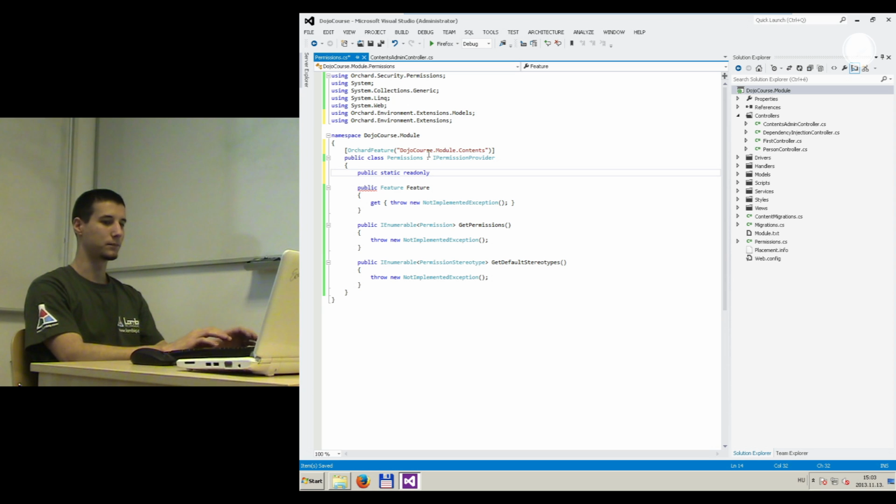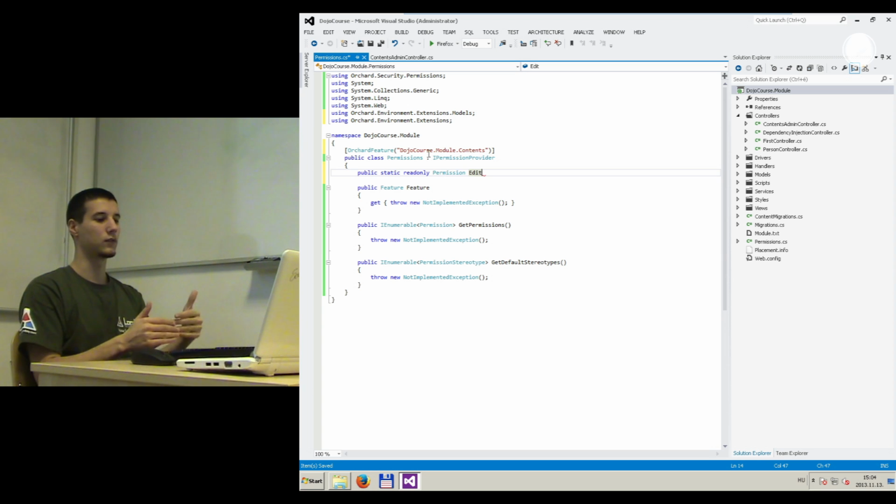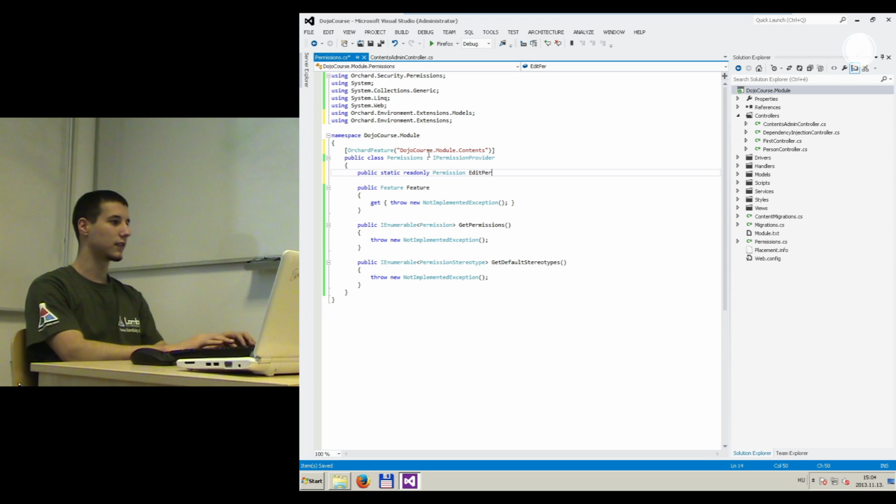This is just going to be information for Orchard about what this permission does. So this is of course a permission object, and we're going to use it. We're going to declare first of all the editor permission for a person list. We're going to have two of them. One of them to access the person list dashboard, so basically just to retrieve the person list, and then we're going to use a permission later on to determine whether the editing of this person list is possible for the user or not. So the EditPersonList